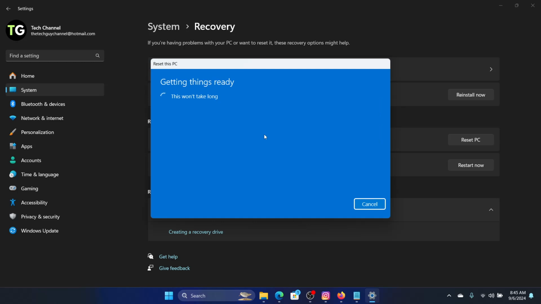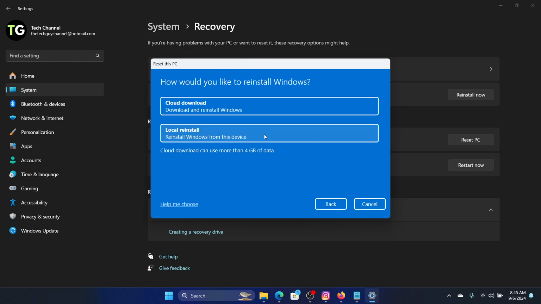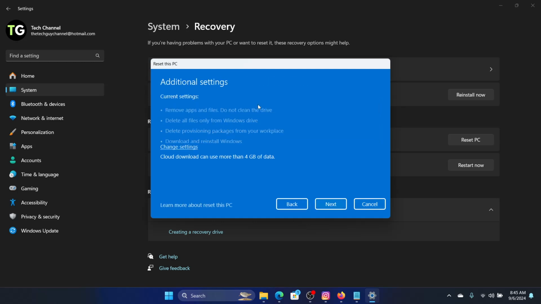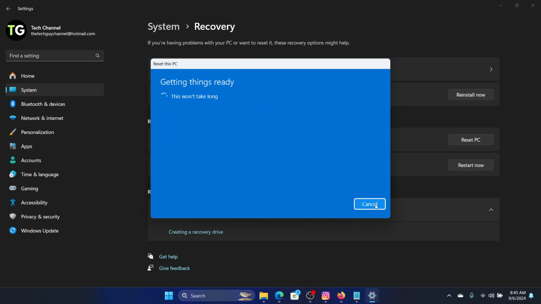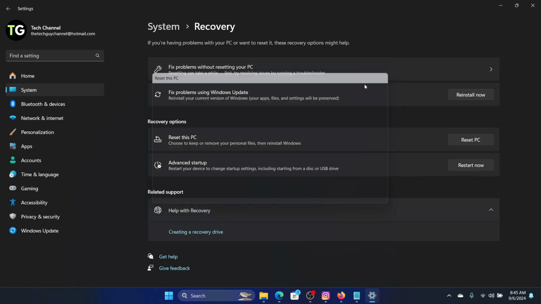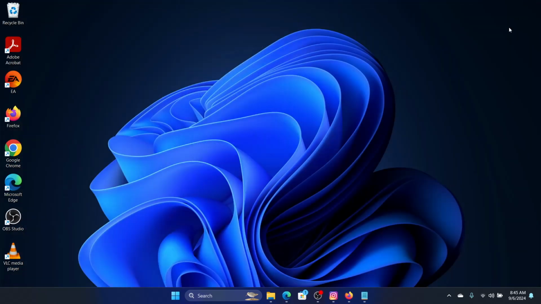Click on remove everything, and then click on cloud download and click on next, and it will reset the PC to a brand new configuration, and this